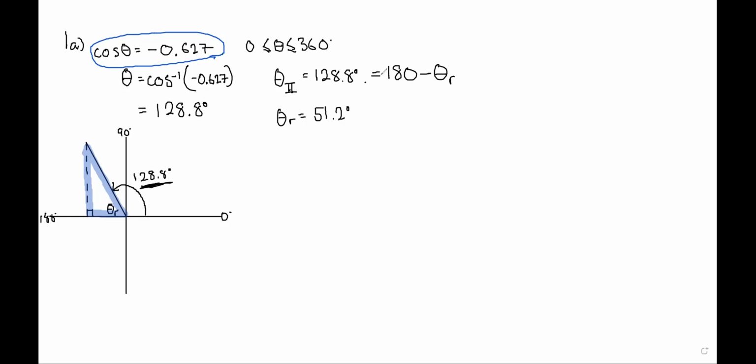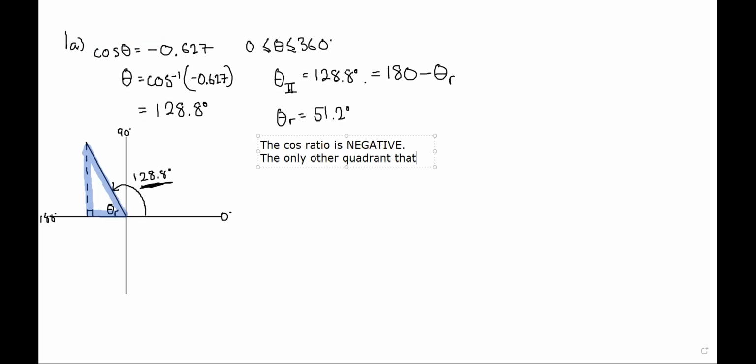Which other quadrant gives me a cosine as a negative? So the cos ratio is negative. The only other quadrant that gives cos as a negative is,